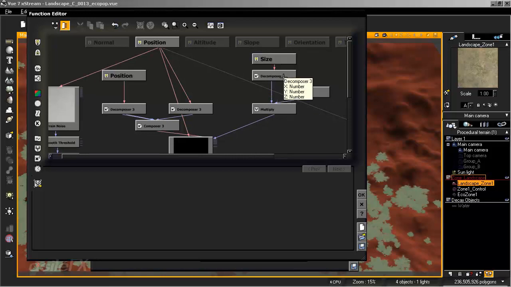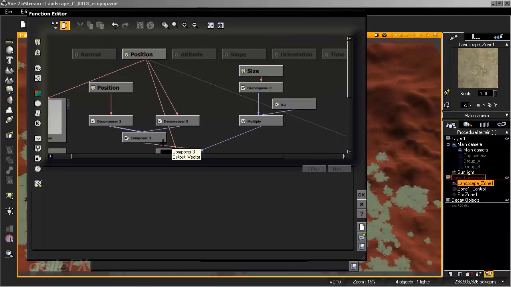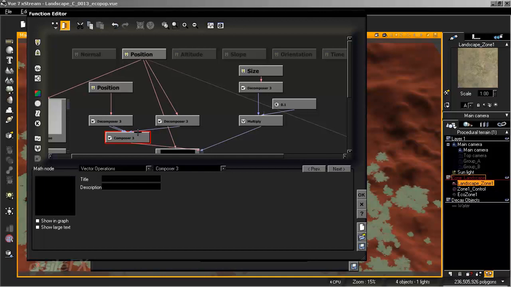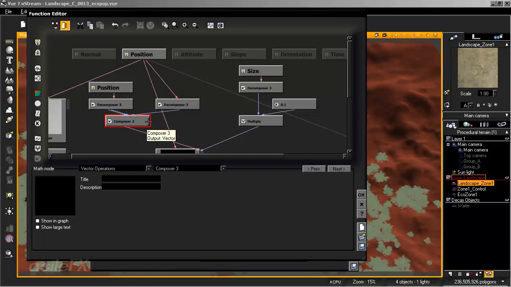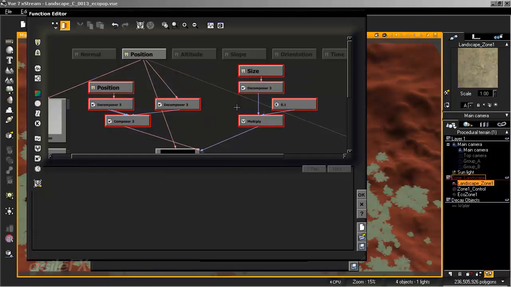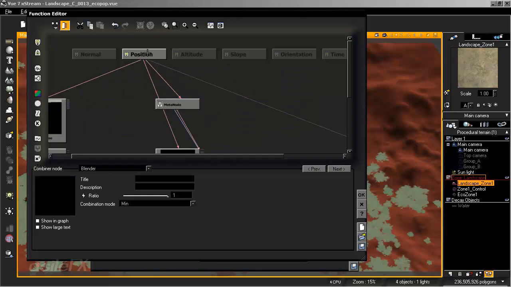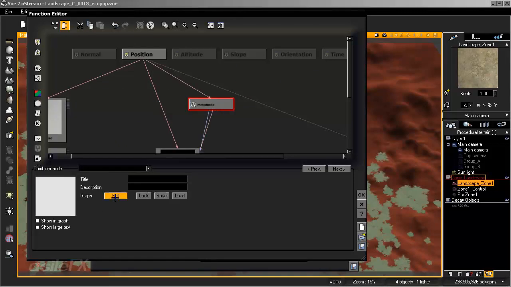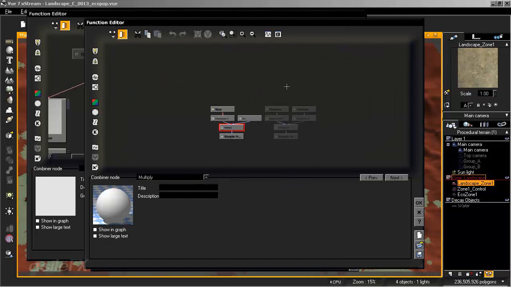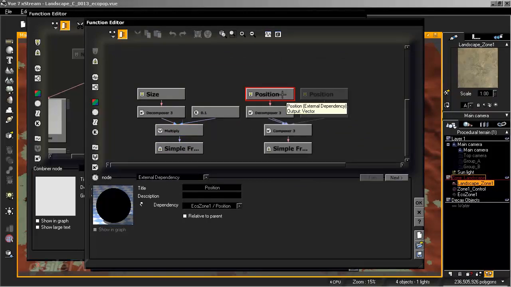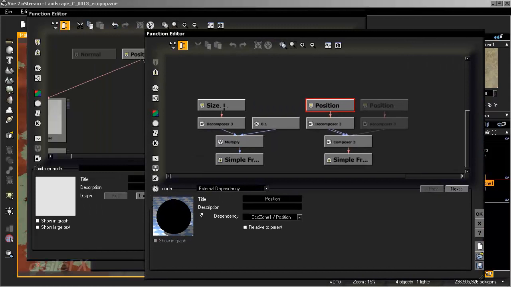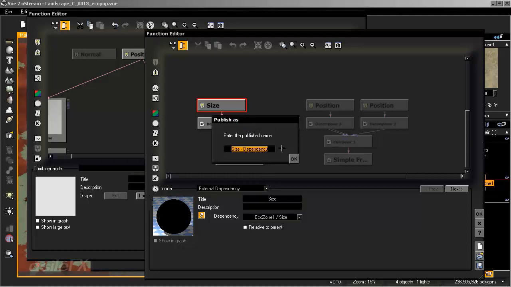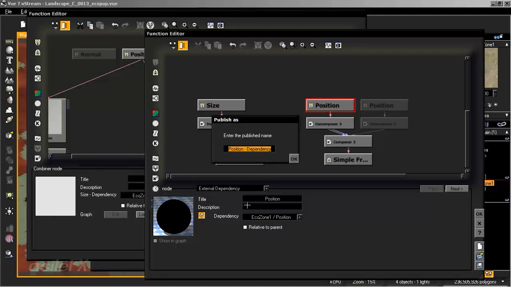And I could also have just ungrouped the meta node, which would also give me the exact same setup, but a little more complex since that node has direction to input and output and will create a bunch of extra nodes. So what I'm going to do is select all of these nodes, create a meta node. We can go to Edit. And to make this a little bit easier, what we're going to do is publish the dependency, the size,